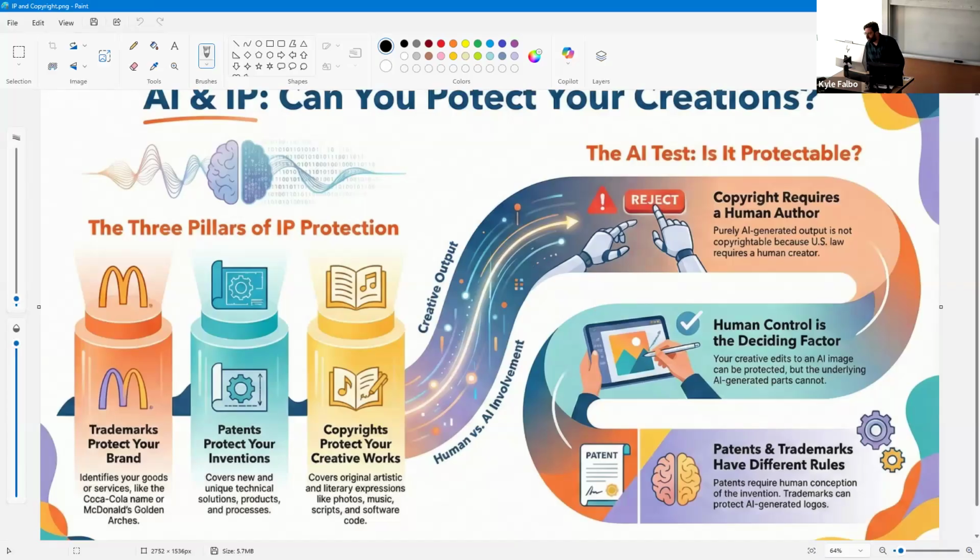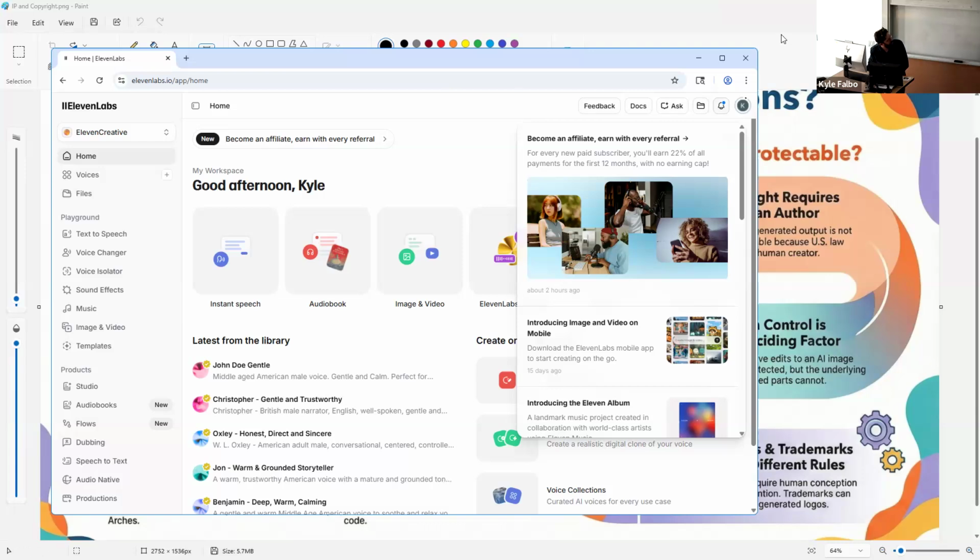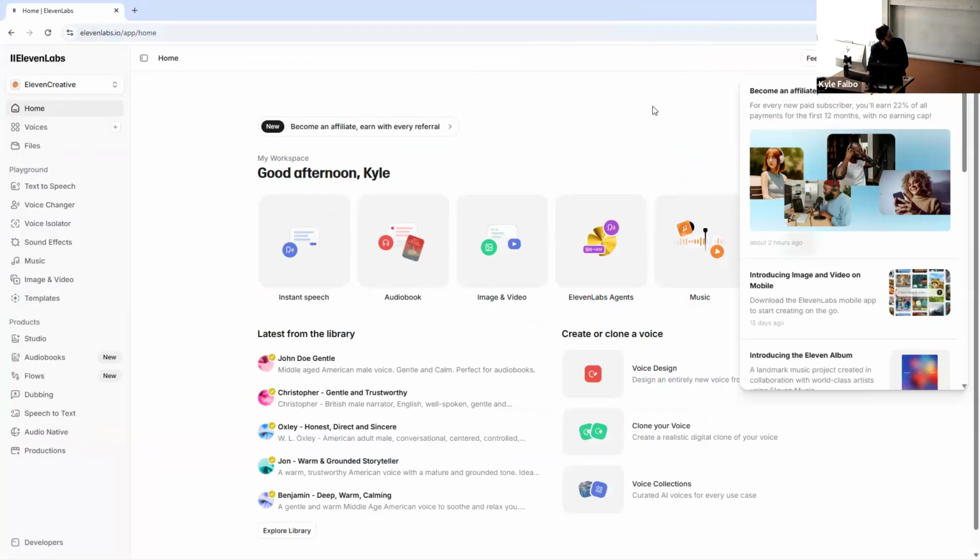The next thing I want to share is 11 Labs. What I'm going to do is grab a chunk of my memoir, just a paragraph, to give you a sense of what this is. I've introduced some of this previously, but I want to show you the platform itself in a little more detail, and what you can and can't do with this tool.